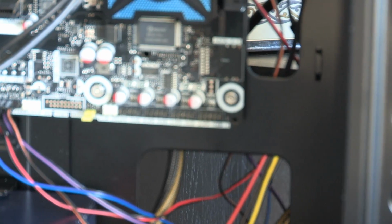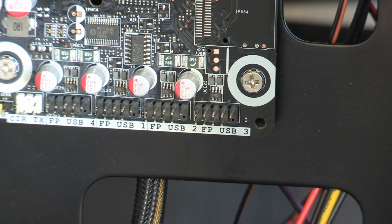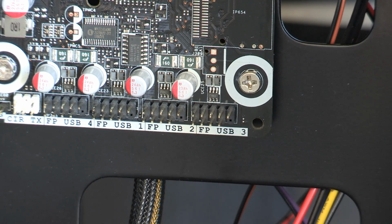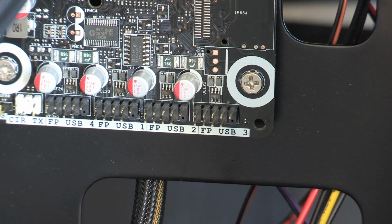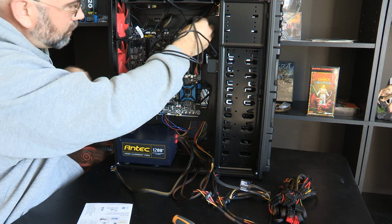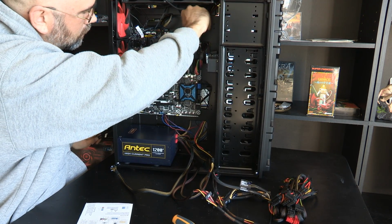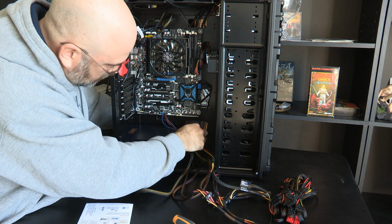Now, if we go ahead and, oops, did I accidentally hit the focus on there? So, automatic focus. Okay, so I can see here that it's got the stuff listed that looks like I can plug in both. I just don't understand the difference of why it's that way. So, but we'll plug it in and find out. So I'm gonna run this through up here like I have everything else. Just gonna be a lot cleaner. And run them down